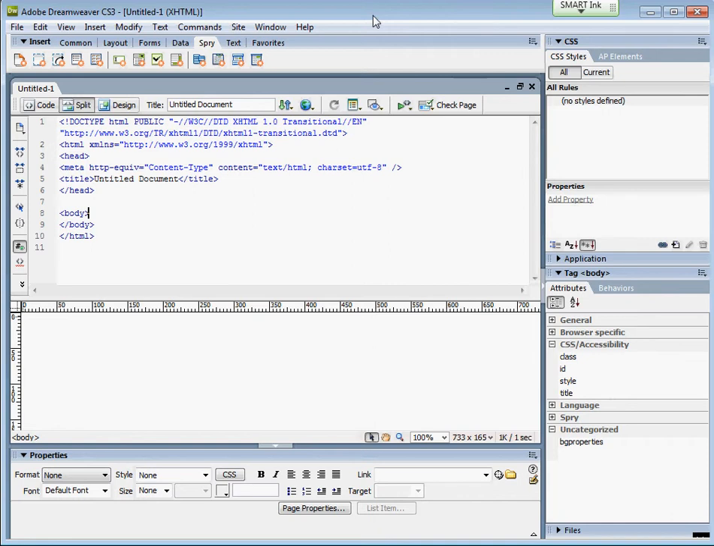Today we're going to look at how to use Dreamweaver CS3 to create a very quick website. It's going to be a sequence of 5 web pages. You'll see I've already started Dreamweaver, so what we're going to do is go up to File,